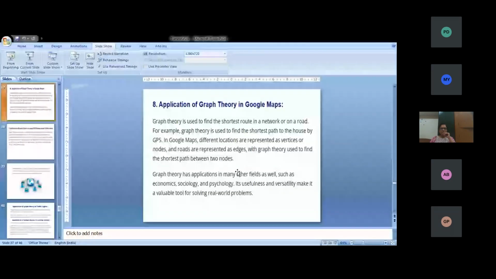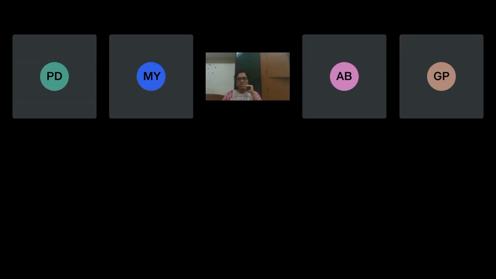Applications of graph theory in Google Maps. How are we using it in Google Maps? The main thing we use Google Maps for is to find places. If you are new to any city and want to reach some places, we use Google Maps. But to find places in